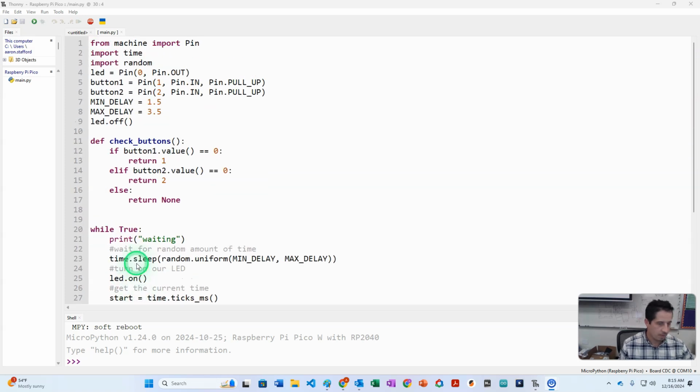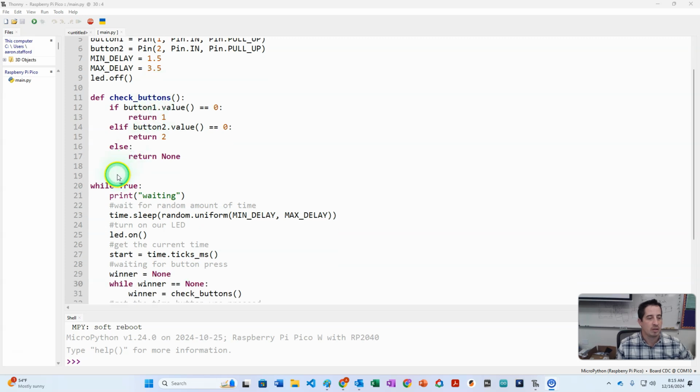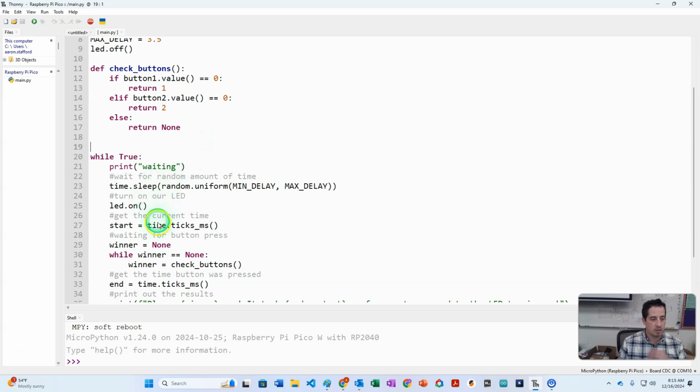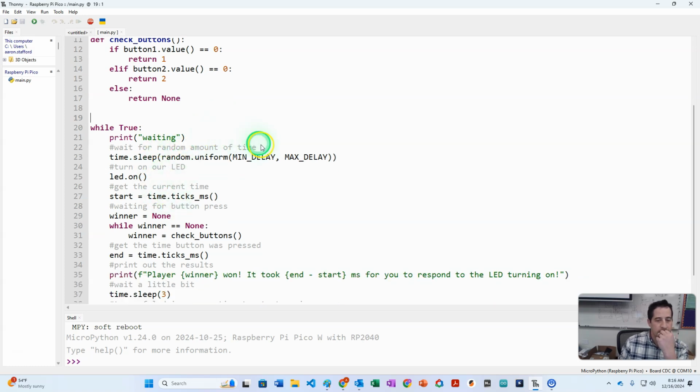Okay, we're also going to look at making our reaction time game cheat proof here. And so what we're going to do is, we have our check buttons function. And so when we do our wait, instead of using time.sleep, we're going to get